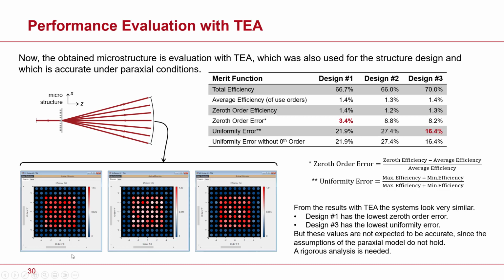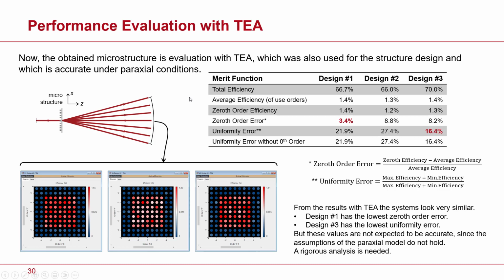And these results correspond to the predictions of T, of that paraxial approach that we used for the structure design. So we first perform our analysis with this approximate solver with T. And in this table here, we see the results also of the merit functions that we programmed, that we implemented in that programmable grating